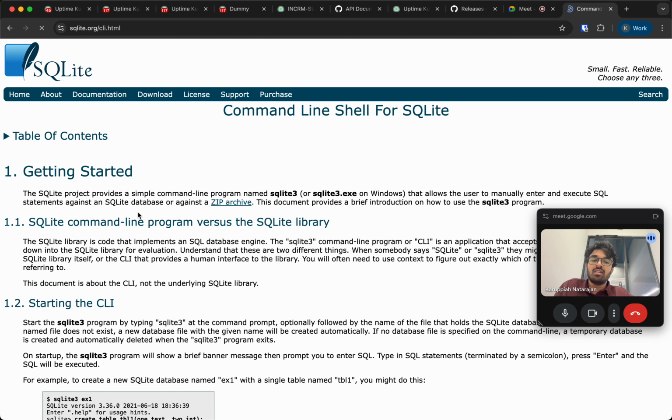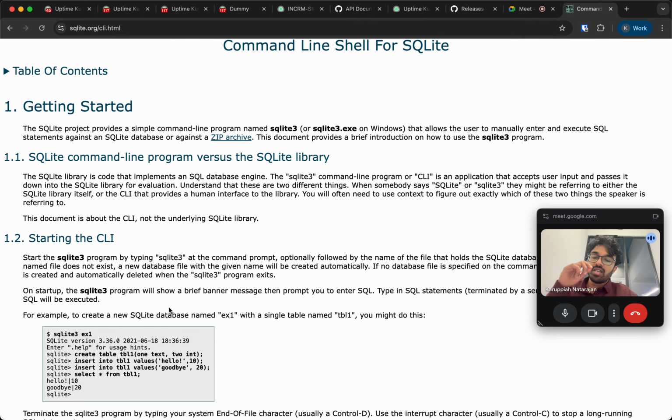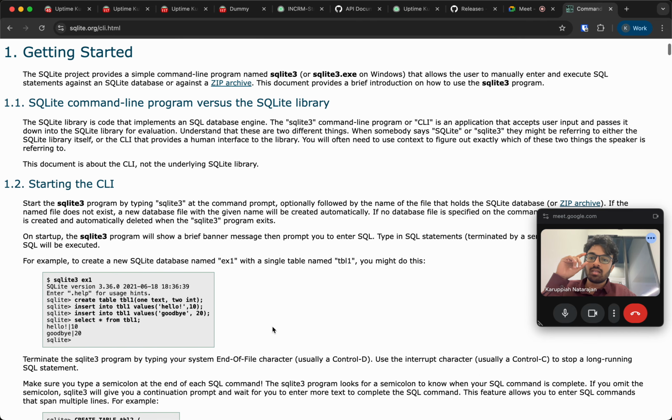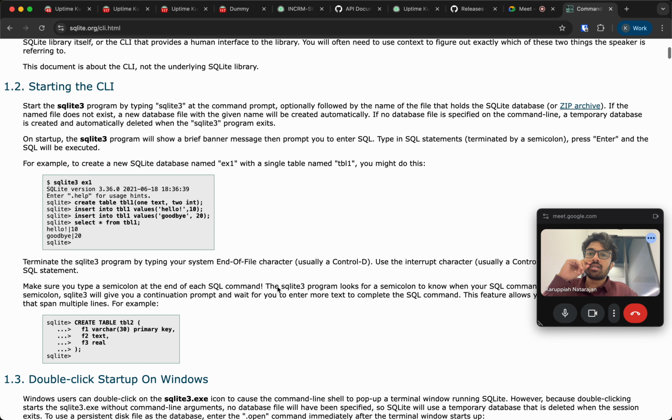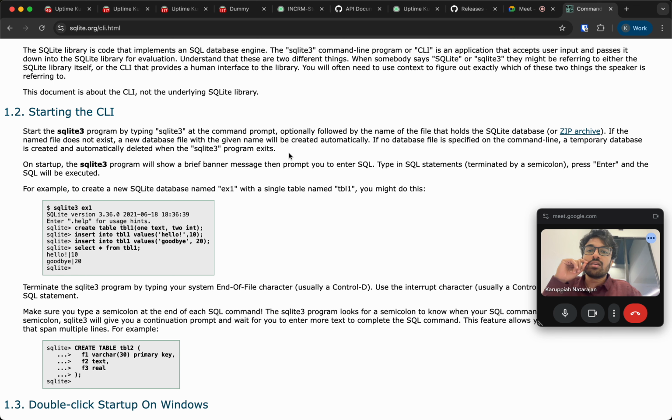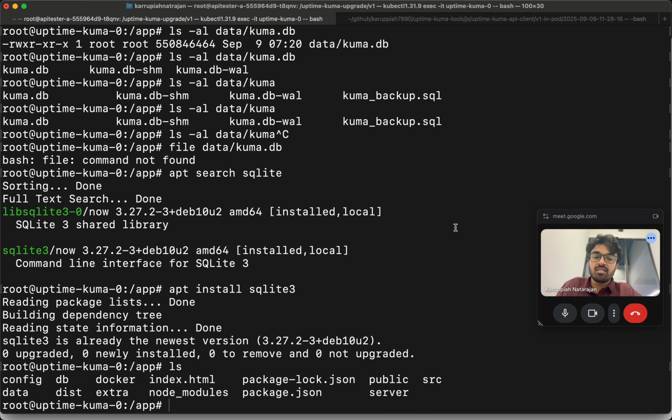Okay, detailed command line interface. So I think this is the one. So starting the CLI, for example, to create a new SQLite database, a single table, optionally followed by the name of the file that holds SQLite as the target. Okay, so I'm just gonna make a copy just in case something goes wrong. So I'm just gonna say cp data kuma.db, data kuma.db dot backup,